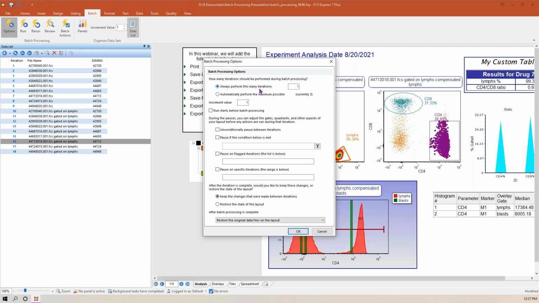But if I want to change the number of iterations that I can perform here, I can change that here. If I only wanted to perform this many here, I could select a number and insert that there. So I wouldn't have to just use that data file. Additionally, if I wanted to only do my batch processing from the data file that's selected, then also,